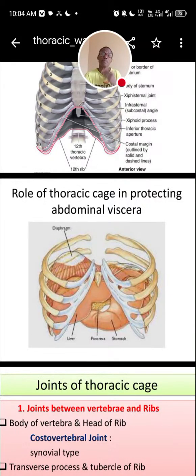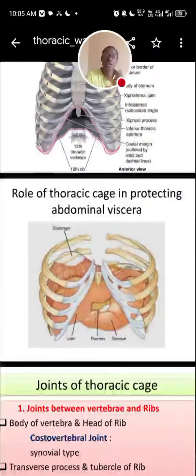After you remove the skin by dissection, the next thing you find is the superficial fascia. They say scrape it off. After that you find the muscle. They say note the attachment, the insertion, the origin. And then after that they say harvest the bone. You see the costal cartilage, the transverse process, the size of the thorax, the inner lower side of the sixth rib, and the region between the seventh rib and the xiphoid process,